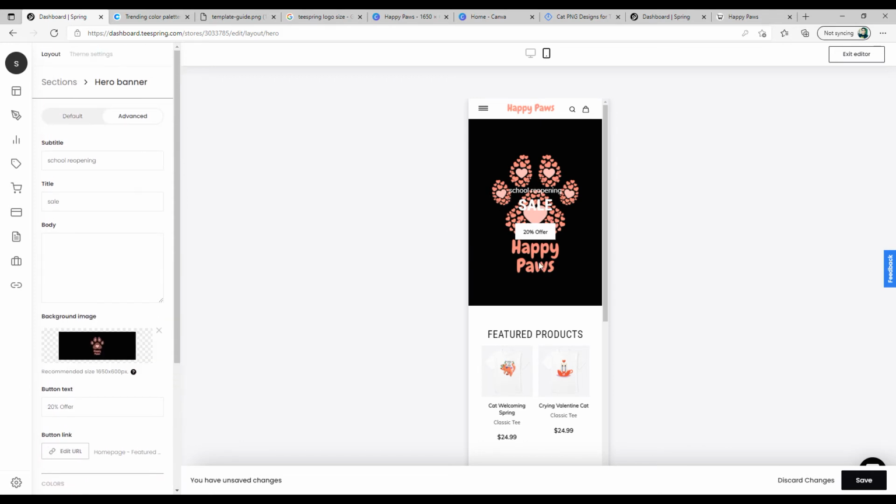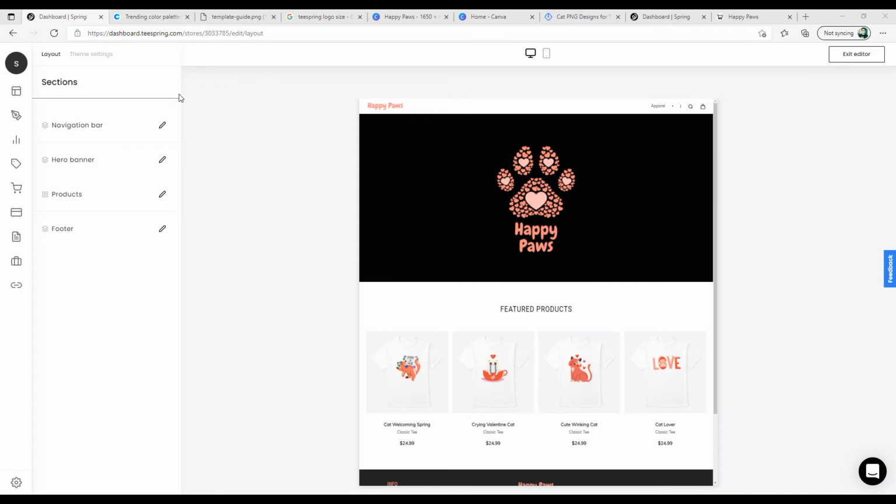So I would recommend this in probably once you are comfortable with some kind of a simple layout, then later on you can go to this advanced section, and then maybe you can play around with how you would put a text at the same time it doesn't affect the image that you have in the background. So that is something I'll leave it to you for exploration. But for now, this is how you can add a hero banner, and this is how you can increase the size of the hero banner on your Teespring store.